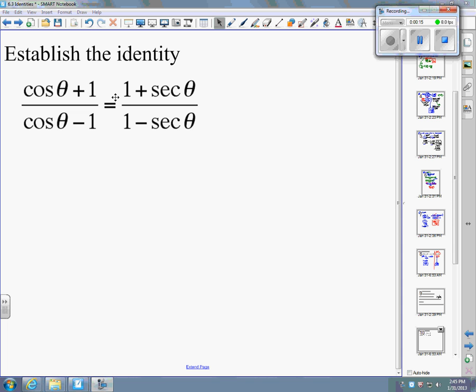So if you think about the strategies, there's no Pythagorean identity. Can't do that. There's no factoring. There's no common denominator. So you get a couple different options here. There's a way to do it in one step, but I want to show you another way first. So you could take this here and say,